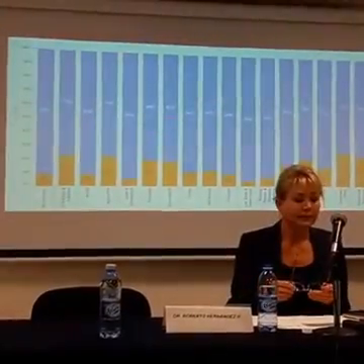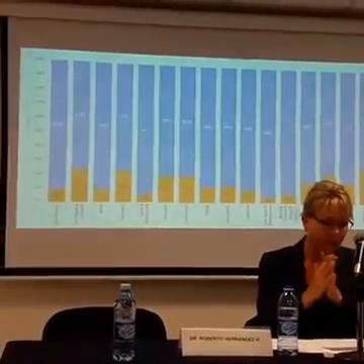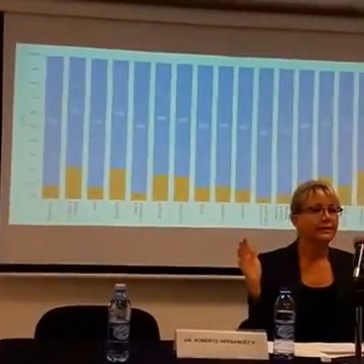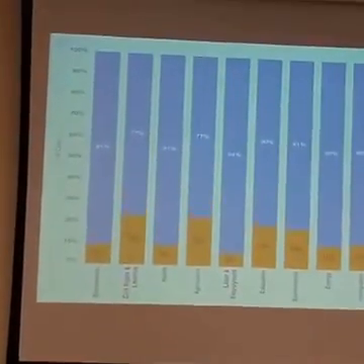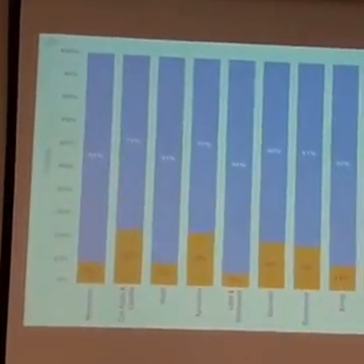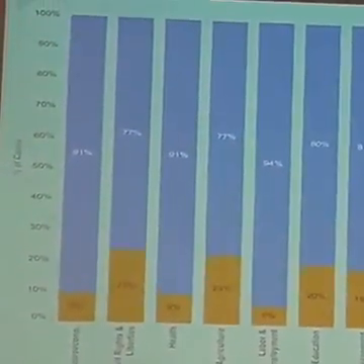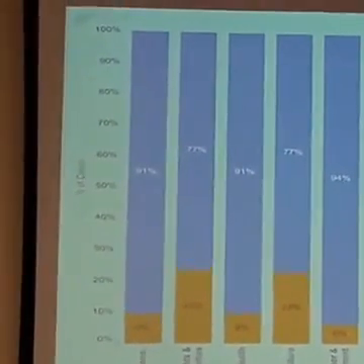So the next one looks at the policy areas, and what this bar chart shows you is the percentage of cases in that policy area that are judicial review decisions. And so you can see here that international affairs,